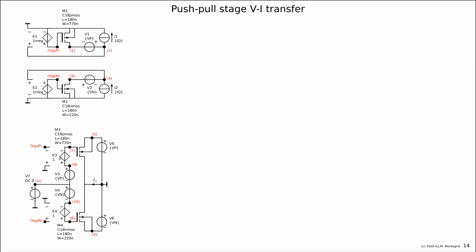So here you see, E3 and E4 are two voltage controlled voltage sources with a gain of unity. They measure the gate source voltage of the P and the N device, and they copy it in series with VP or VN. And now the whole thing is biased, as has been described before, and there is 0 at the input,